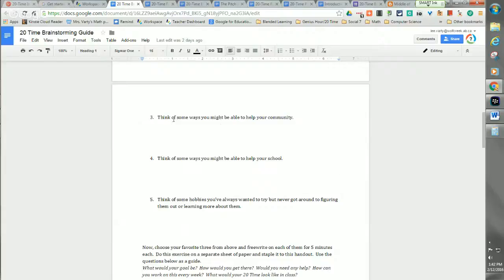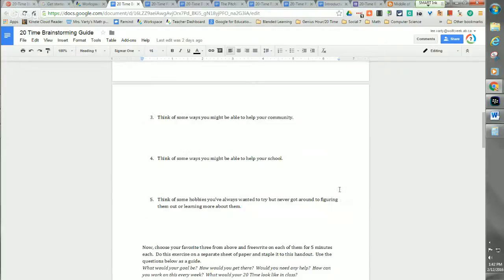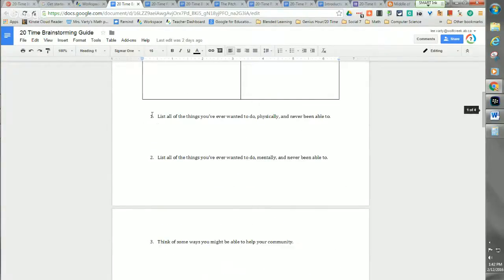Think of some ways that you could help your community. Or think of some ways you could help the school. Think of some hobbies that you've always wanted to try but never have had the time to, or just never got around to. Then, the second piece of this, choose your favorite 3 from all of this stuff above,